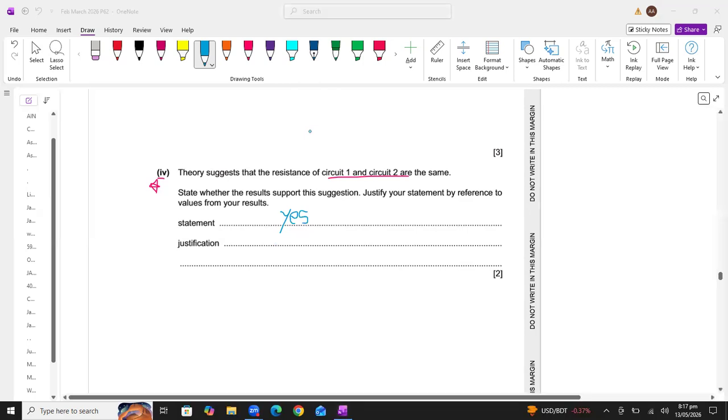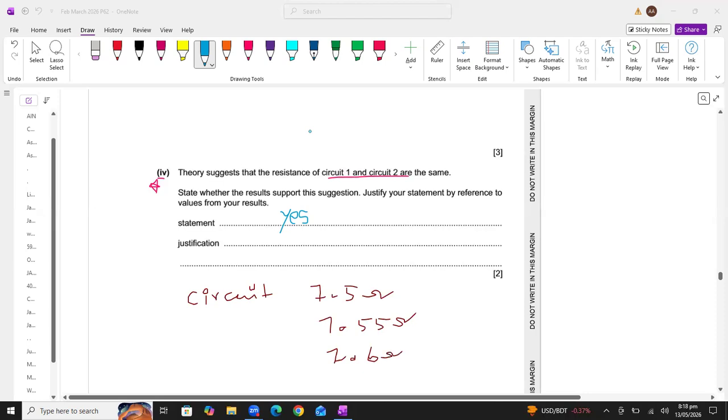If two values in any experiment are the same, it means their percentage uncertainty is small. Uncertainty means how much a value can deviate from its actual value. Uncertainty means the error involved in the reading. For example, in the first circuit I was getting a resistance of 7.5 ohm. When I repeat the experiment another time, it might be possible I will get the reading 7.55 ohm. Then I repeat the experiment another time, and I might get the reading 7.6 ohm.